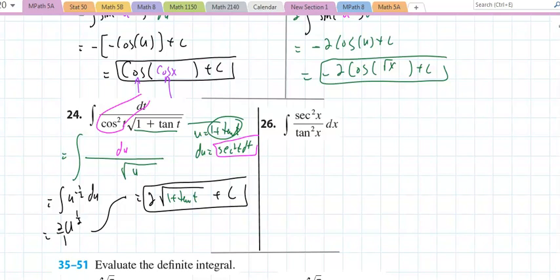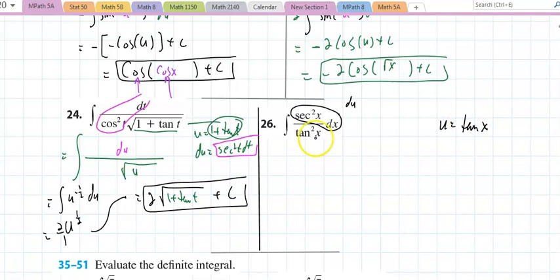Alright? And if I look at problem number 26, I'm glancing at this and I'm trying to figure out how this works. Well, let me think a bit now. I want that to be my du. Something that you need to do a lot of thinking of in the next course, not in this class. For now, minor thinking. If I want du, the derivative, to be secant squared, shouldn't u equal the tan of